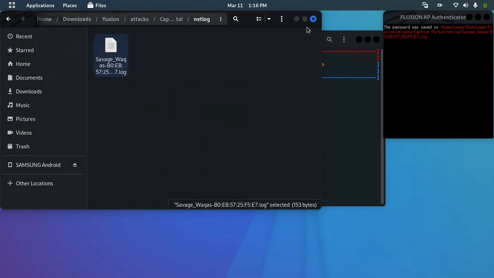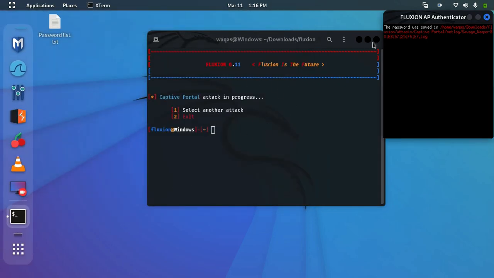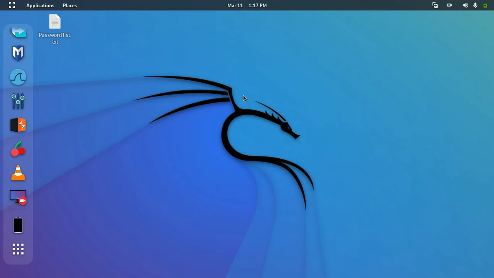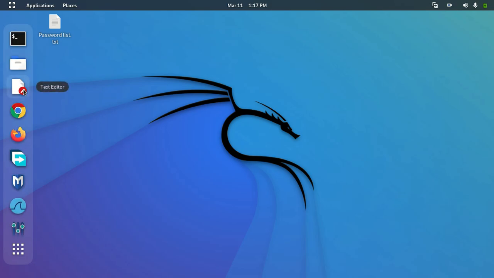Remember, with great power comes great responsibility. Ethical hacking is a powerful tool that should only be used for legal and ethical purposes. Always seek permission from the network owner before conducting any tests or experiments on their network. Now that you have the knowledge and skills to conduct ethical hacking of Wi-Fi networks, it's up to you to use it responsibly and make the world a safer place for all.